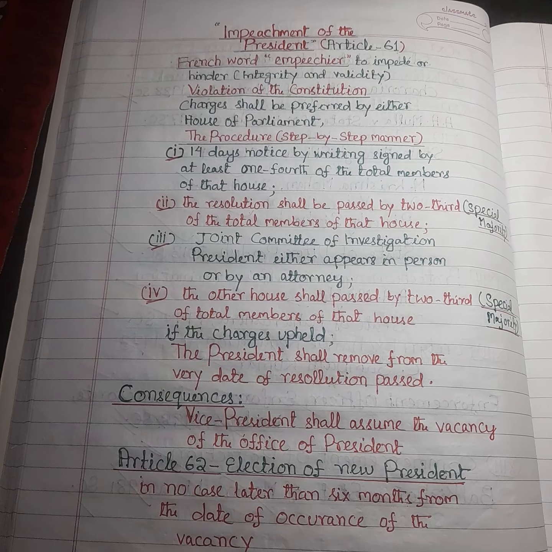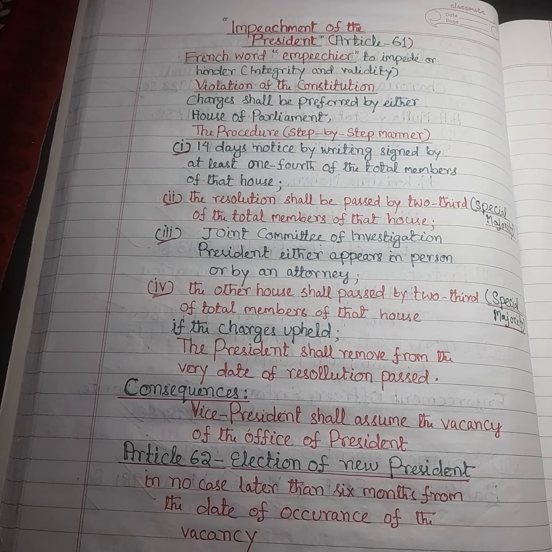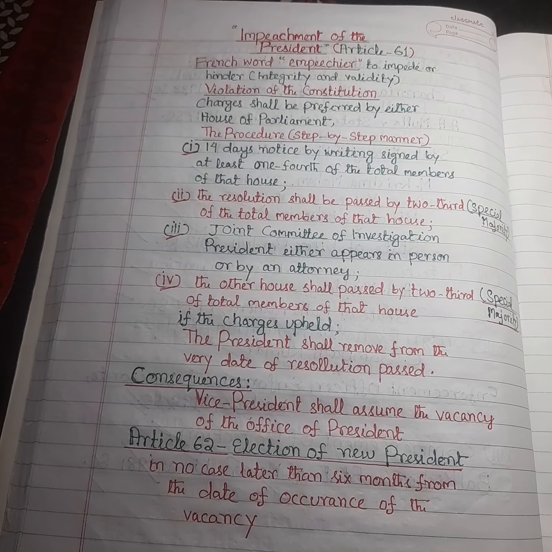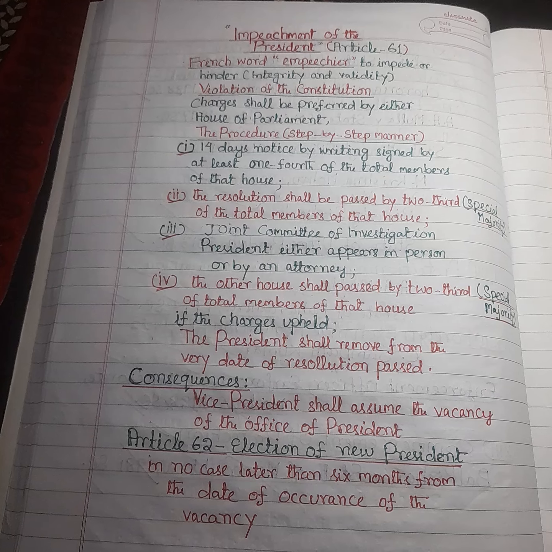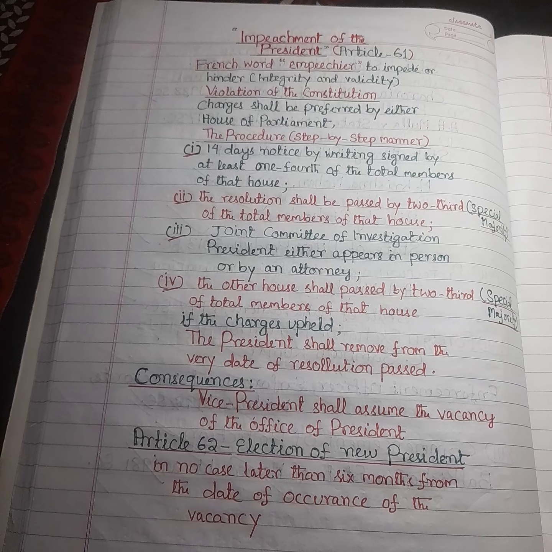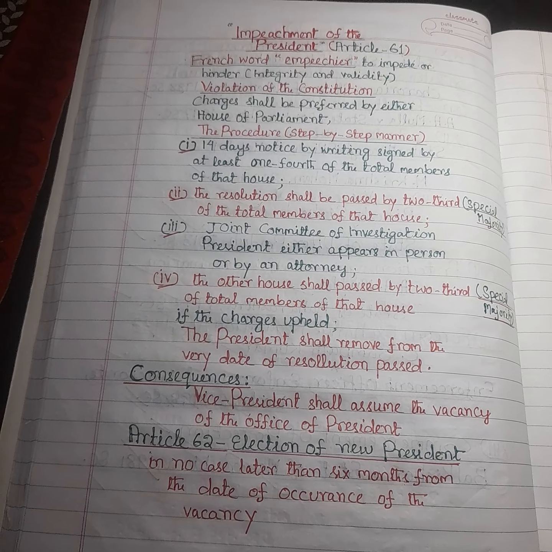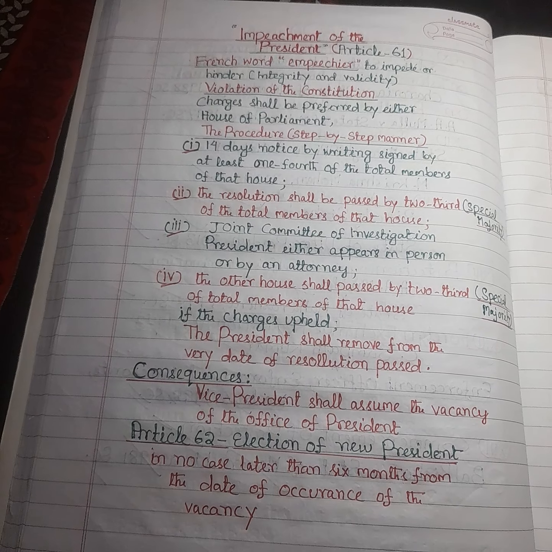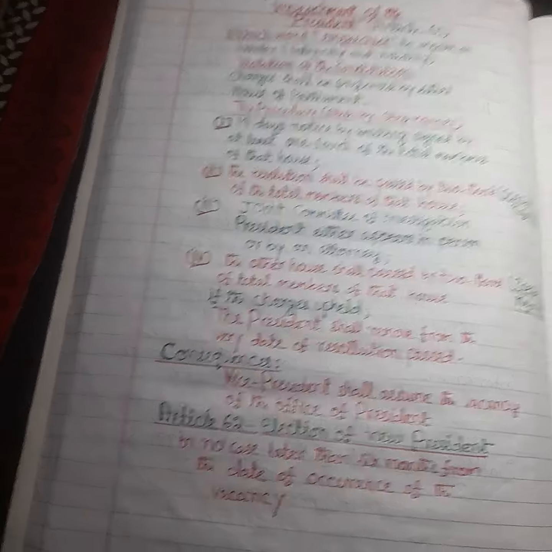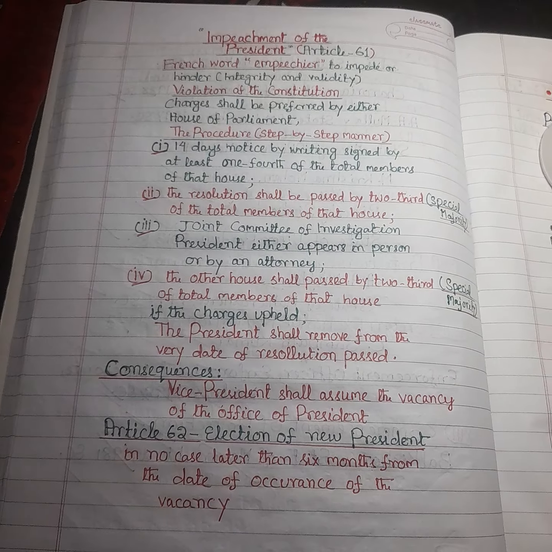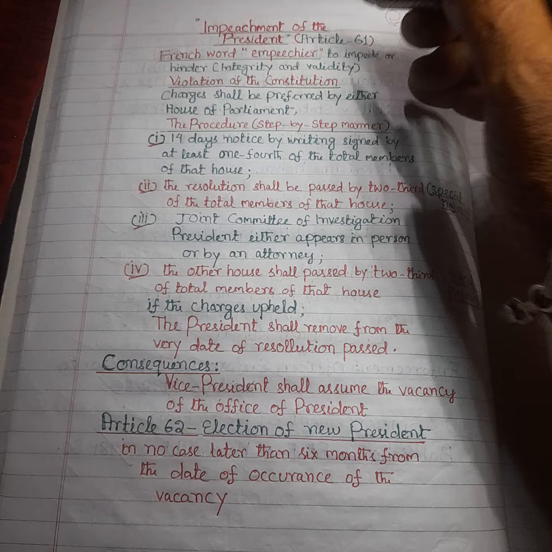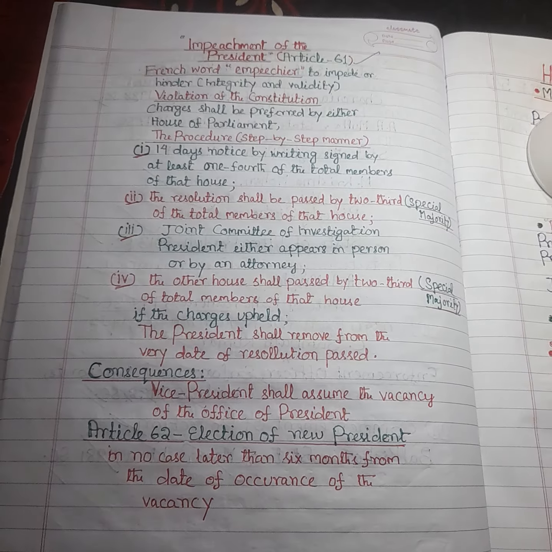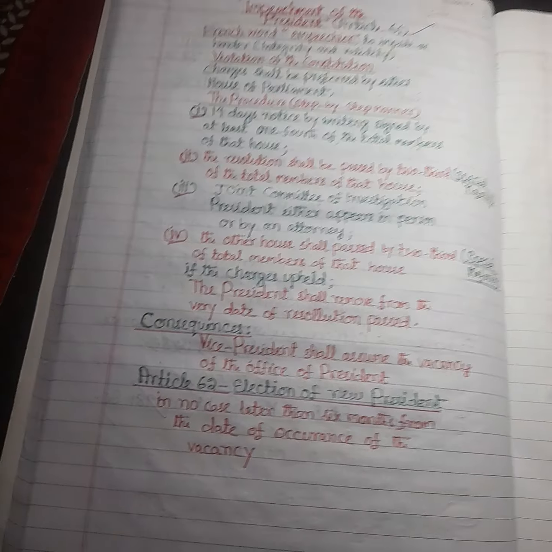So, we'll go to the Constitution of India. In our last video, we have already discussed the election of the President of India, the manner and procedure of election of the President of India. And now we'll discuss the impeachment of the President of India as provided under Article 61 of the Constitution, and